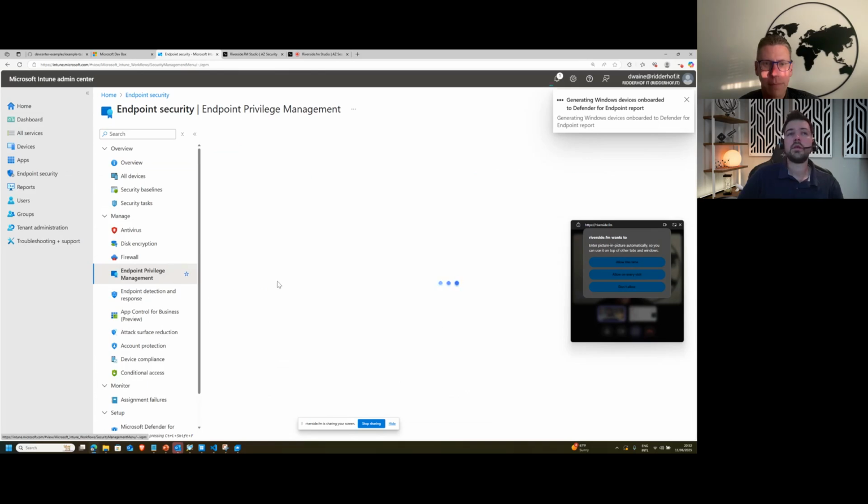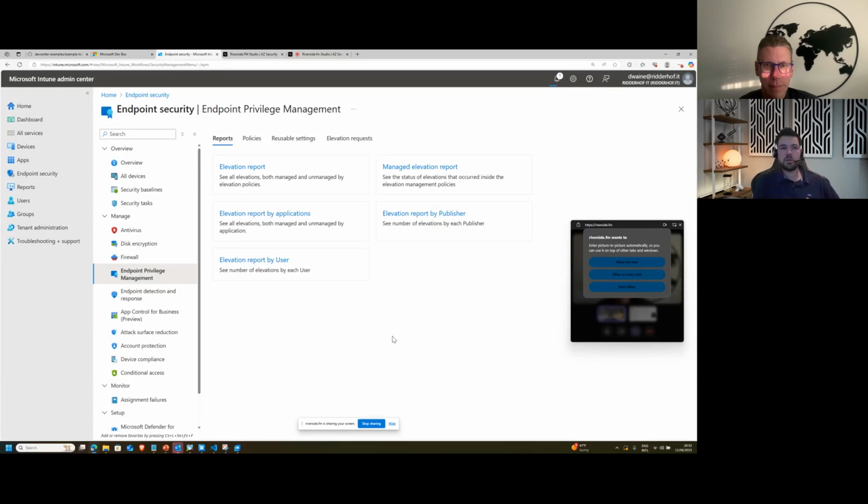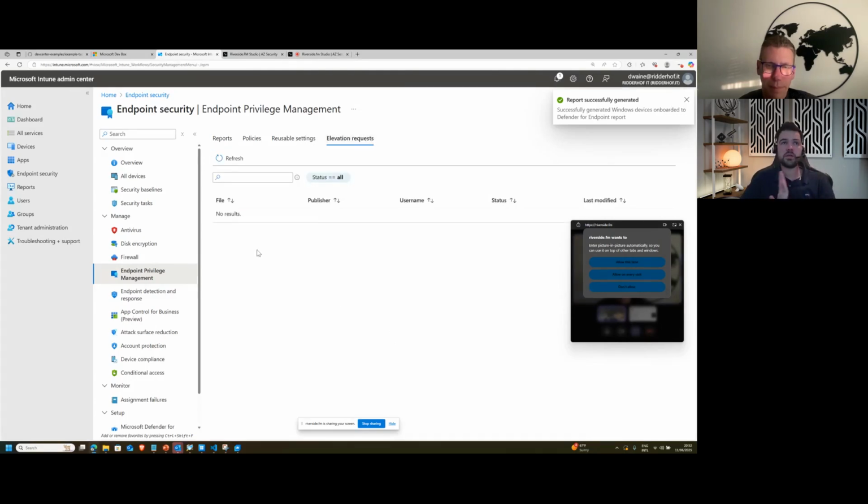privilege management. I haven't prepared this, but it provides the ability to provide standard user permissions and then per process request elevation by the end user. Based upon your settings, they can request certain processes to run. So for example, that Postman, if I wasn't able to provision that via customization, I could maybe download it from the internet, and then with standard user permissions, it would block me from installing Postman. And then with this capability, you have the option to right-click on that process and then request it to run via Intune endpoint privilege management, and then